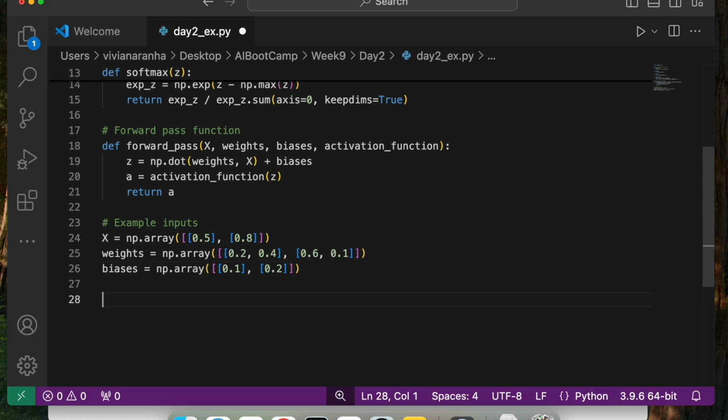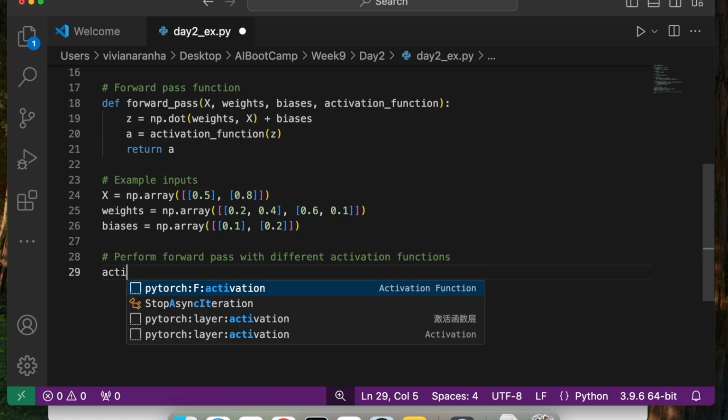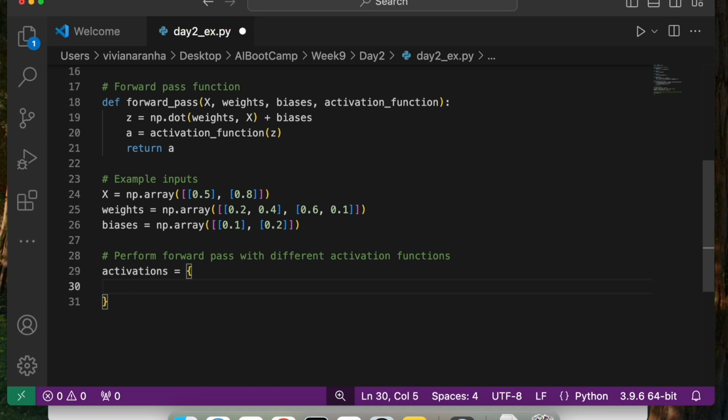So once we have this, let's go ahead and perform the forward pass with different activation functions that we have defined above. So let's get all the activations that we have. So what are the different activations we have? For sigmoid, I have the sigmoid function.